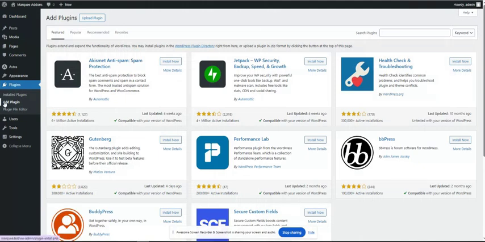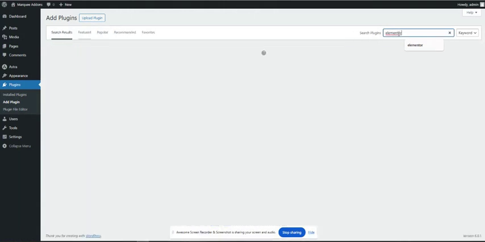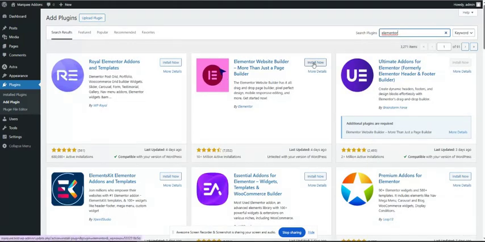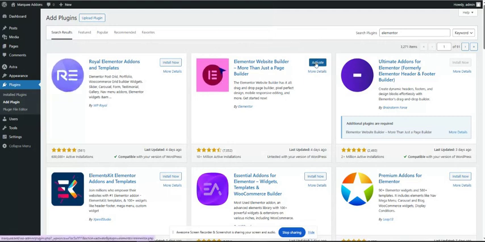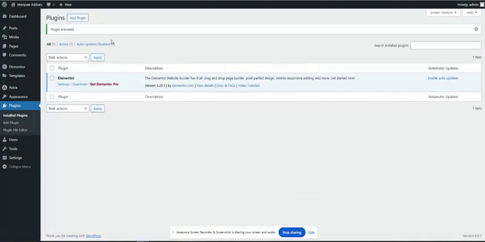Just go to plugins and click on add new plugin and search for Elementor here. Okay, Elementor is here. Click on install now. Sometimes it takes time. Okay, so Elementor is installed, then click on activate. Elementor plugin is also activated. Then we need another plugin